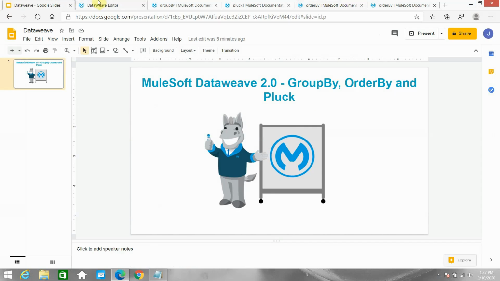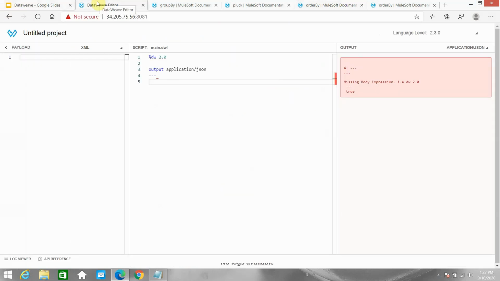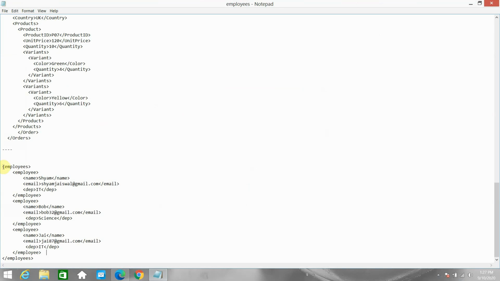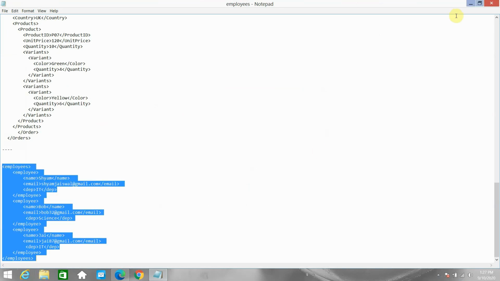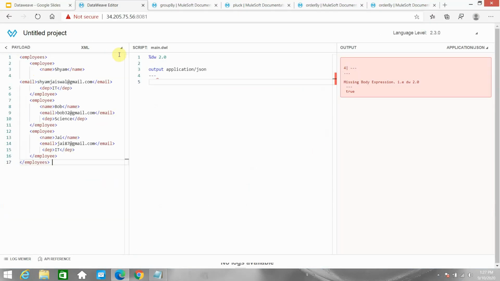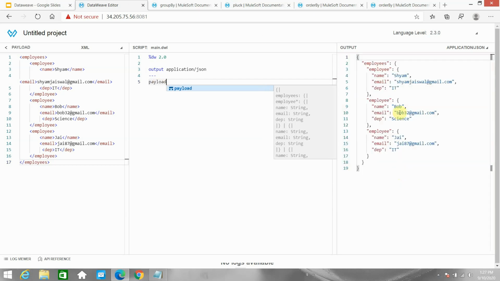So let's start. I will move to the DataWeave playground. Let me copy this particular employees data. This is my employee data in the XML format. First I will convert that employee data into a JSON payload, so I can simply write payload and it will be converted into JSON.